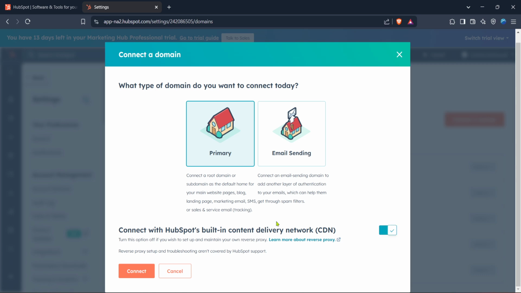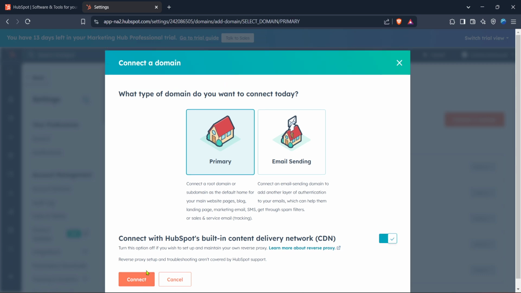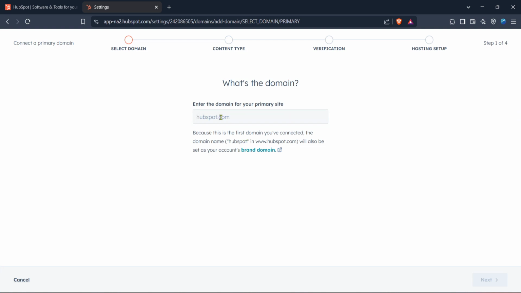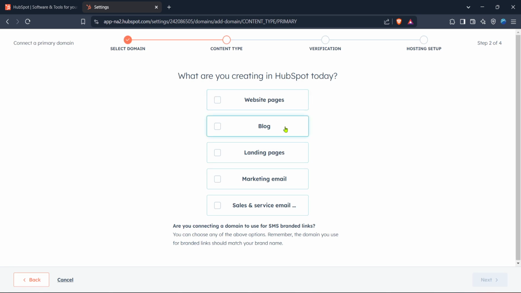Remember, connecting a domain might take a little time for the changes to propagate across the web, so patience is key. Once everything is set, you're ready to utilize your domain with HubSpot to its fullest potential. It's that simple. If you run into any hiccups, HubSpot support documentation is there to help guide you through any complexities. Congratulations on connecting your domain, which is a significant step in integrating and streamlining your business's digital landscape within